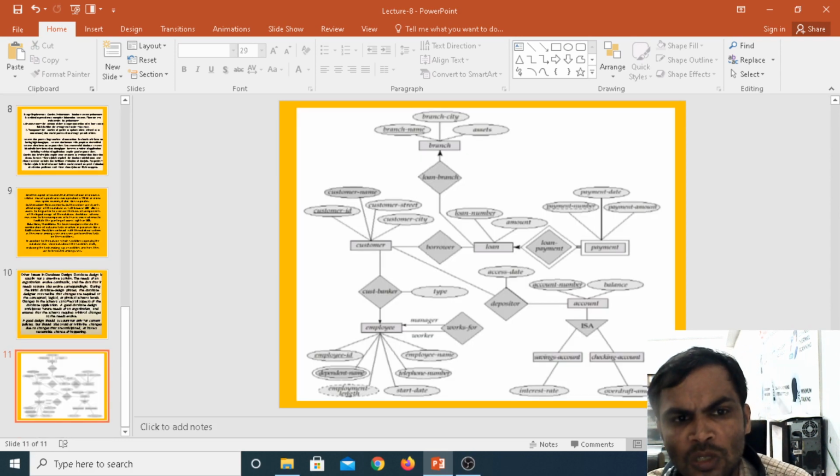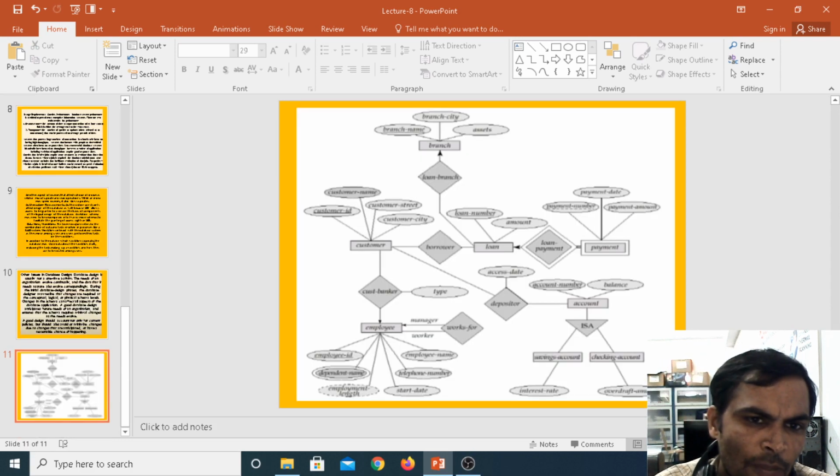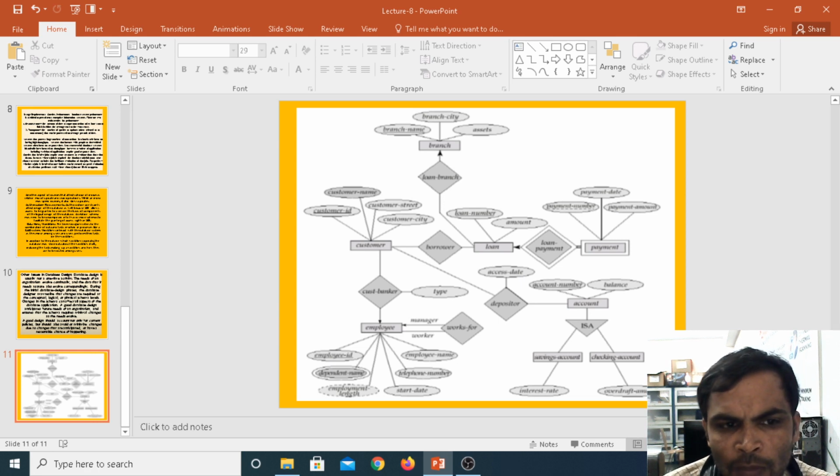Now if you want to design the banking enterprise application with the help of an ER diagram, here we are using the components of the ER diagram, and we are also using the extended ER features. Under the ER diagram, we learn around 6 to 7 components. Here an entity is represented with a rectangle symbol. An attribute is represented with an oval symbol.